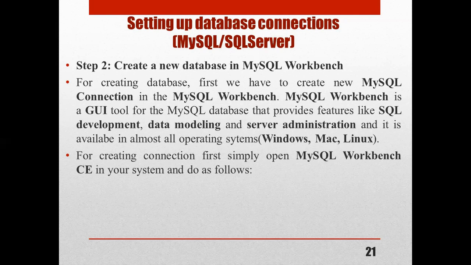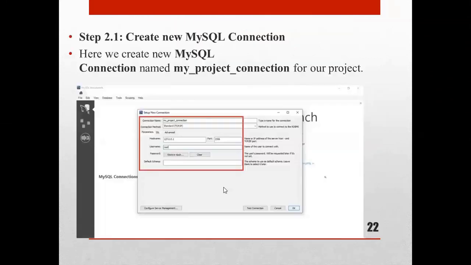For creating a new connection, first simply open MySQL Workbench on your system and perform these steps here. We are going to create a new MySQL connection named my_project_connection for our project. We have created one project named my project, and now we are going to create a new MySQL connection. After opening MySQL Workbench, you can see here